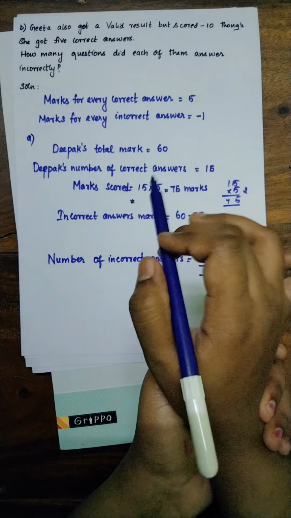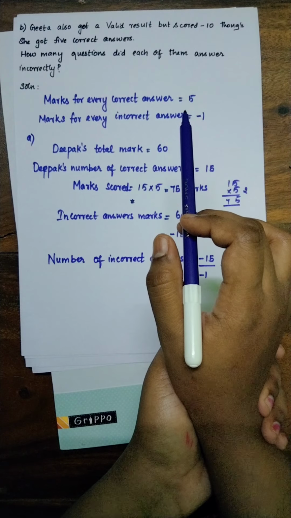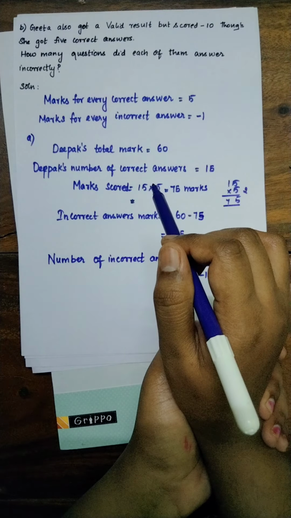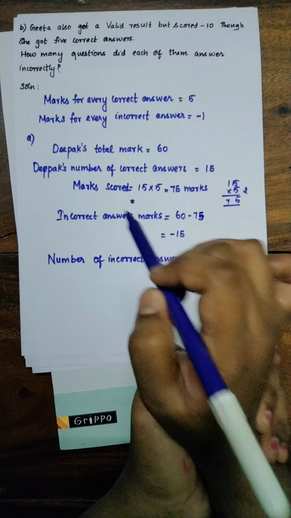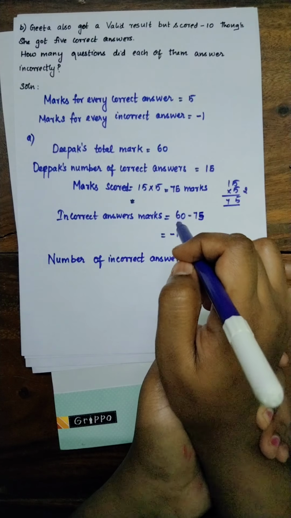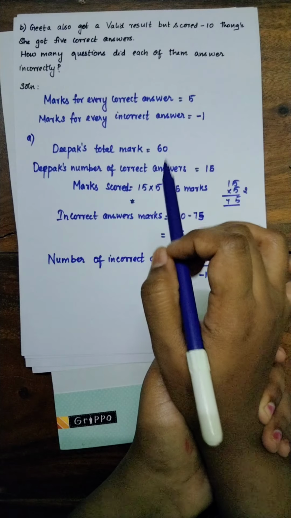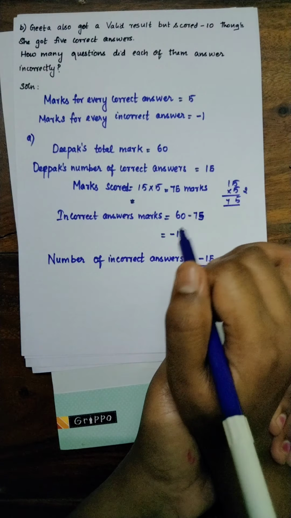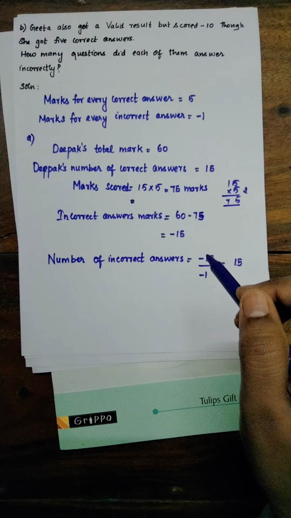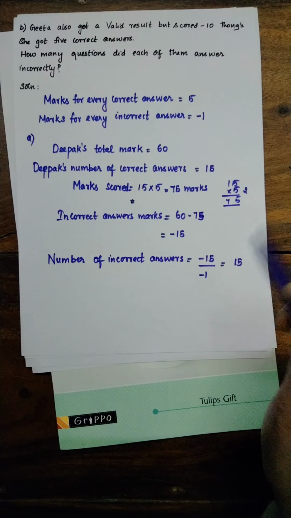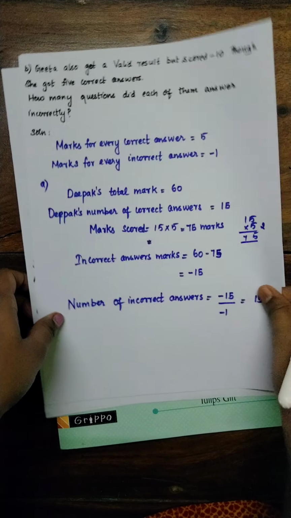Next we have found the marks for this correct answer. So marks scored is equal to, for one correct answer they are giving 5 marks. Here it is 15 correct answers. So 15 into 5 is 75 marks. Next we have found the incorrect answers mark. Incorrect answers mark is equal to, subtract this correct answer mark from the total mark, that is 60 minus 75 is minus 15. Next we are going to find the number of incorrect answers, that is minus 15 divided by minus 1 is equal to plus 15. Understand? Okay, same model. Second question,